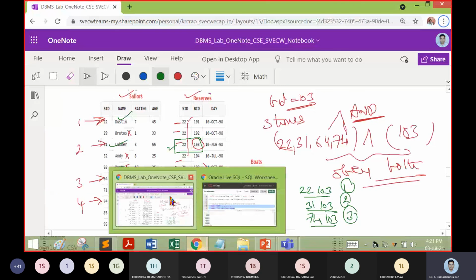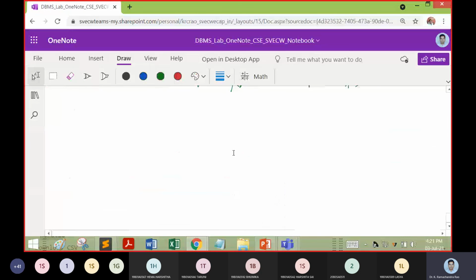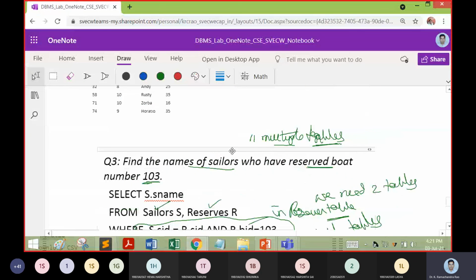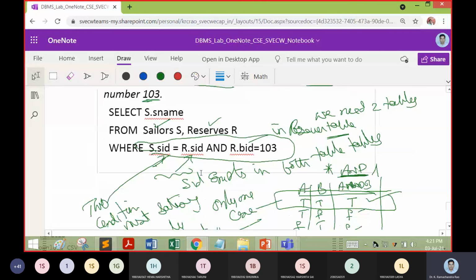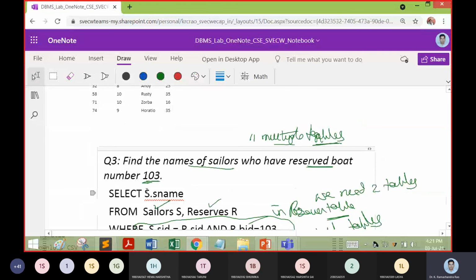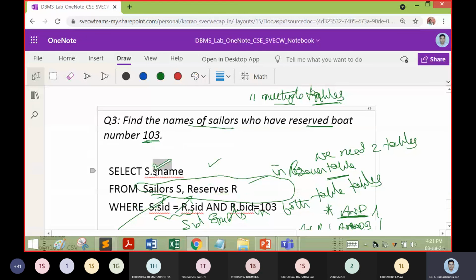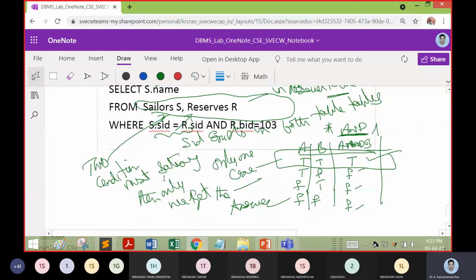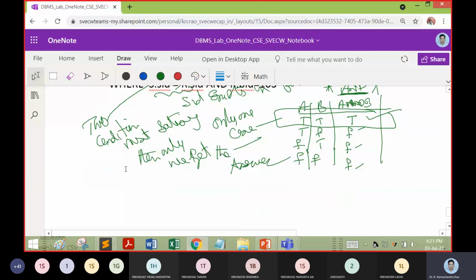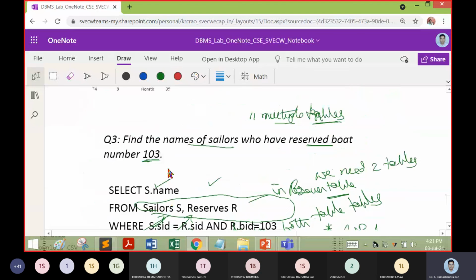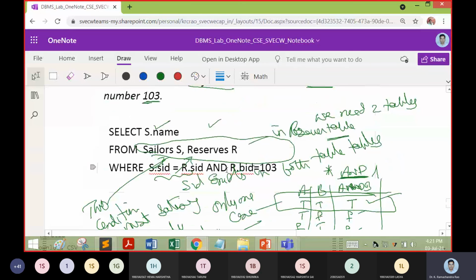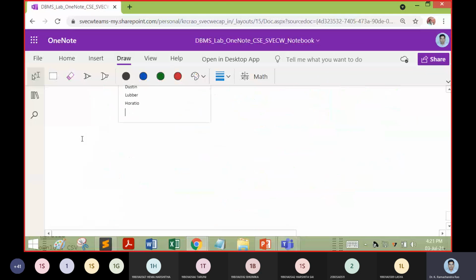So we can again see that the answers are placed appropriately after the query. The query sequence, if this is in this model, it will be really good for you to understand. First we have a question, then we have the query, and after the query you get the result set with the output. So you have it all in one, with the question, query and output. That is the intention why we brought this OneNote book for you to roll out your SQL queries.